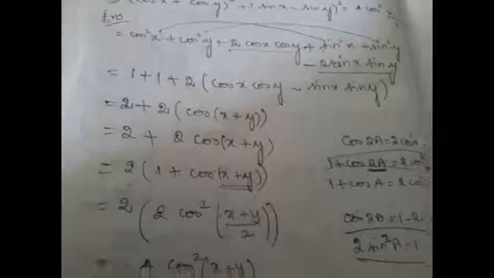Right? But this is when you have a double angle. When you have a single angle, you have to divide it by 2. You have to express it as a half angle. Right? Hope you understood. So let us see what the next question is now.